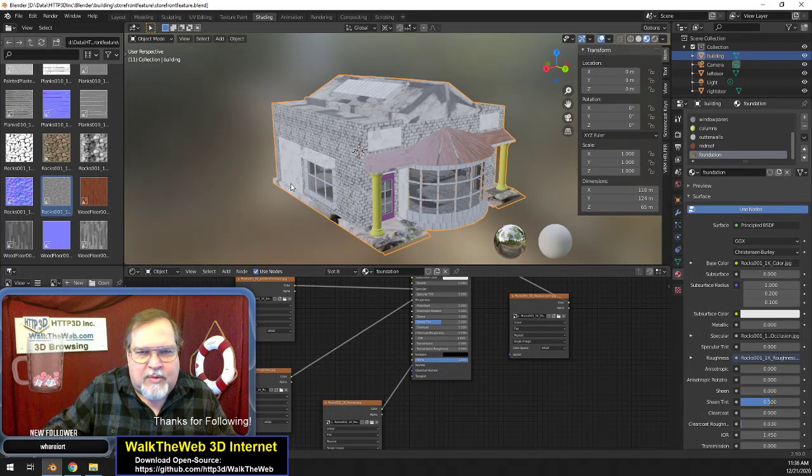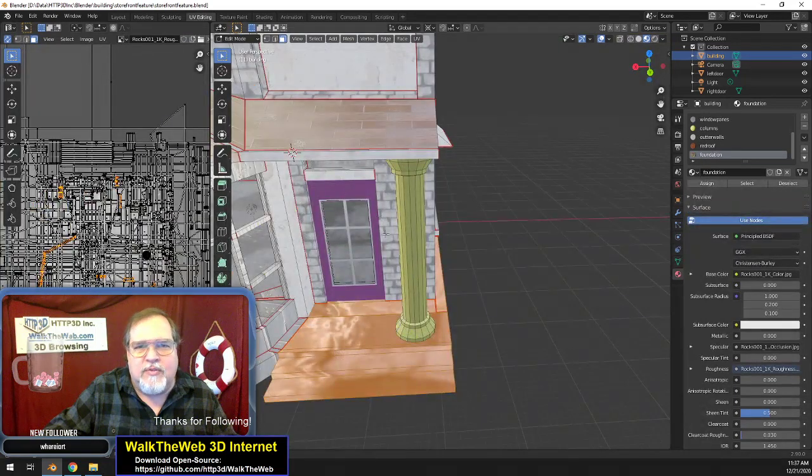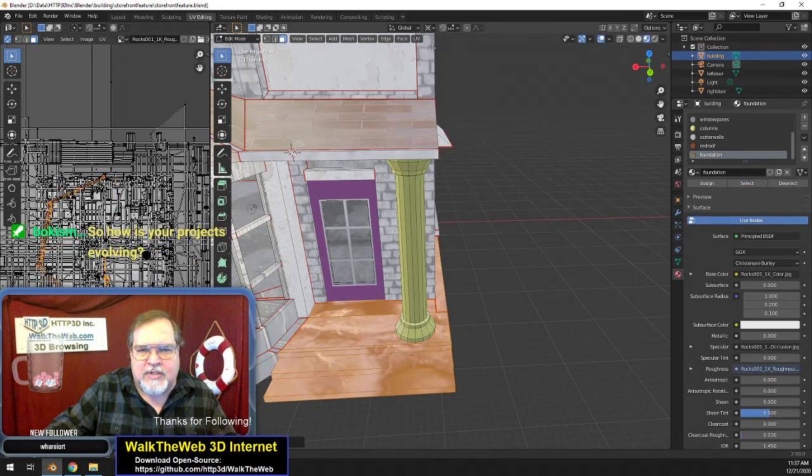Okay, so let's see what we have here. Let's go back over to UV editing, and I'm going to make sure all those pieces that I just did are highlighted. Then I'm going to UV unwrap them to give us a nice clean unwrapping of them. It's a lot better than it was. I could have done them in separate pieces, which probably would have helped a little bit too. But